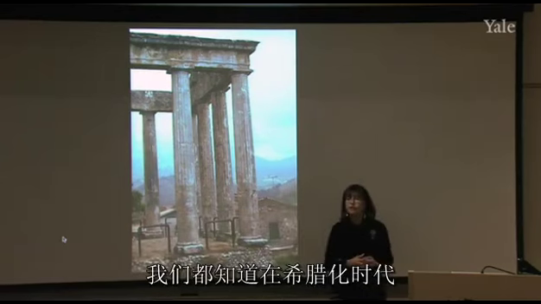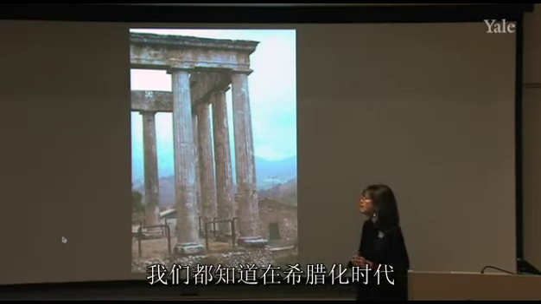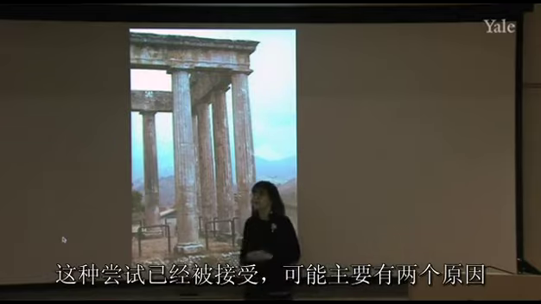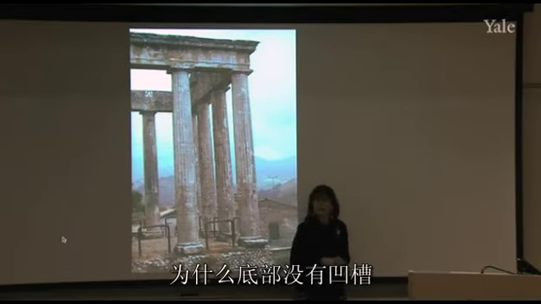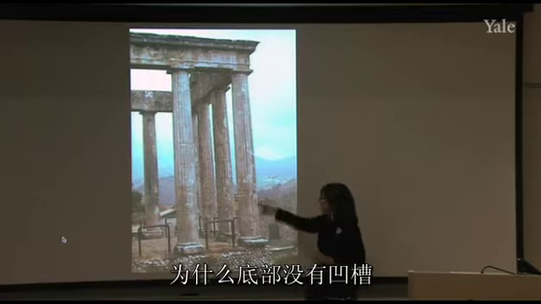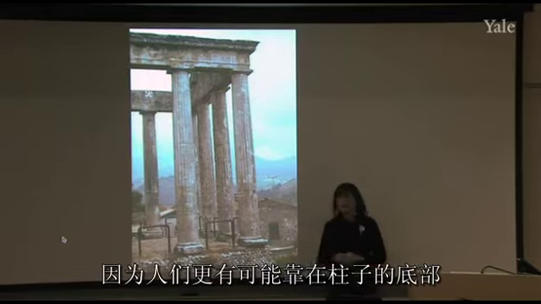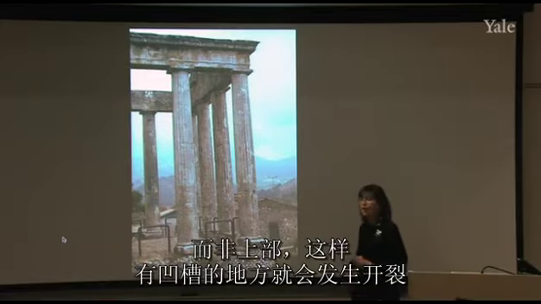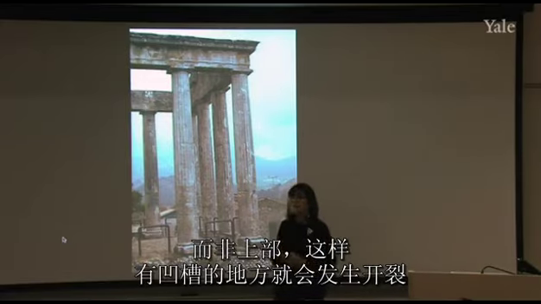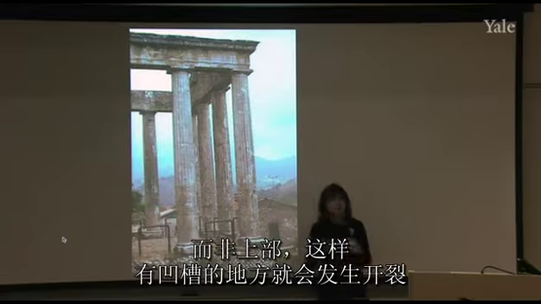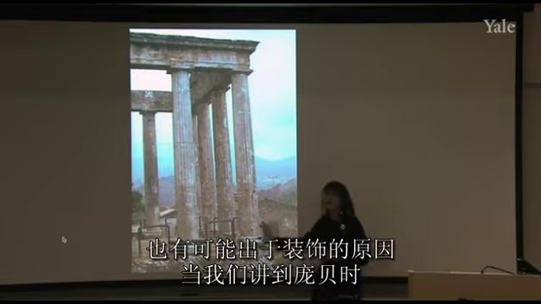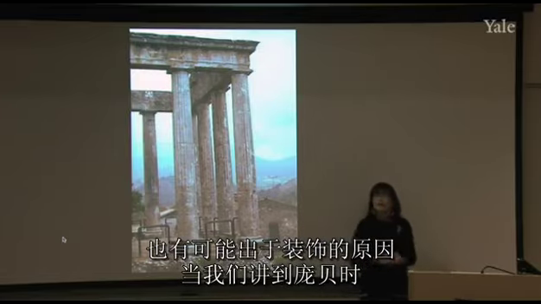Well, we know that even in Greek Hellenistic times that approach was taken, and we believe it was done for two reasons. One, practical purposes. Why are there no flutes at the bottom? Because people are more likely to lean up against the columns at the bottom than at the top, and when people lean up against columns, the flutes start to break off. So they decided not to flute the bottom,